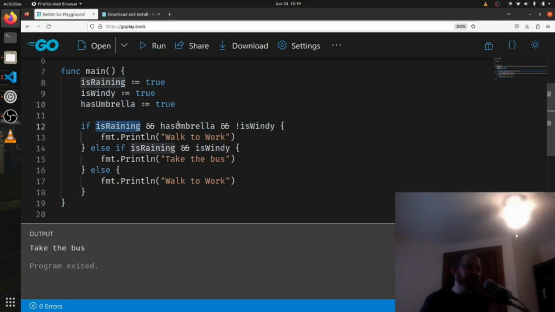So let's talk about this first statement. Let's go through the whole thing. It is raining, true. We have our umbrella, true. Not is windy. It is windy, which is true. The opposite of true is false. So true and false gives us false. So we have to drop down to our else if. Else if is raining, true, and is windy, true. These are both true, so we drop into here, take the bus. We never get